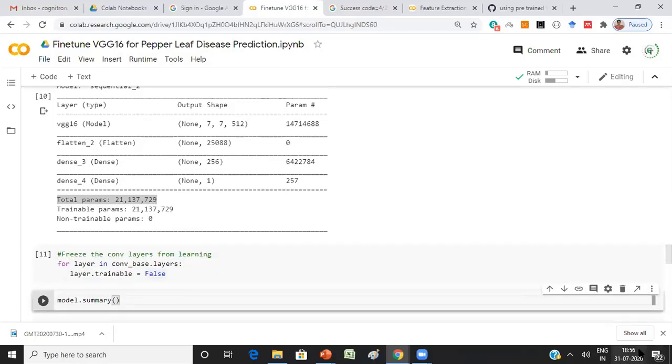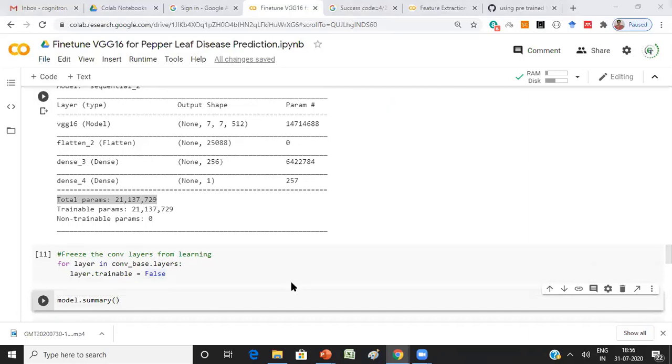So this model is clear, right? And I have a question. Let me check. We have 2 classes in the leaf task, but we have only one parameter in dense 4. What? I didn't get the question. We have only one parameter in dense 4. Yeah, 2 classes.